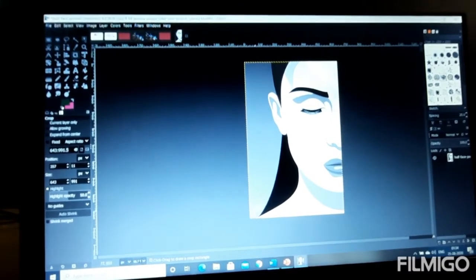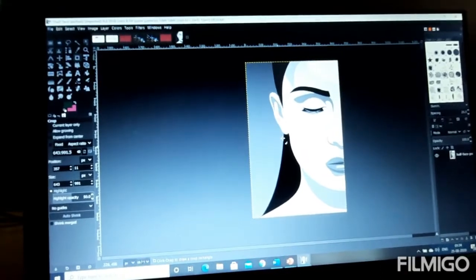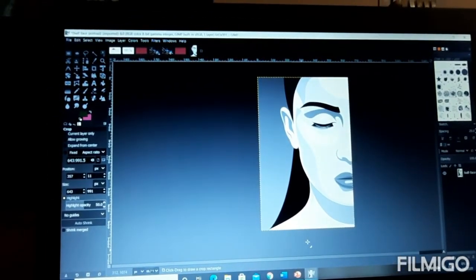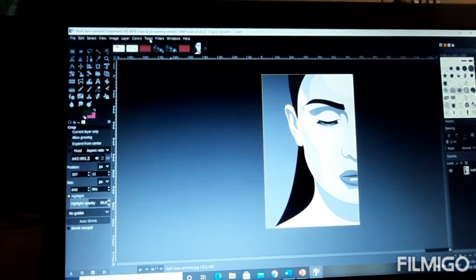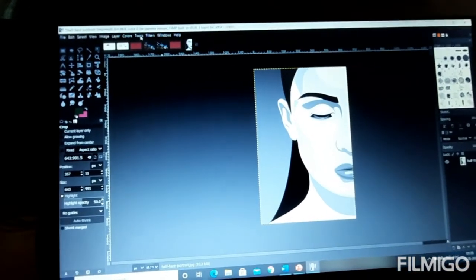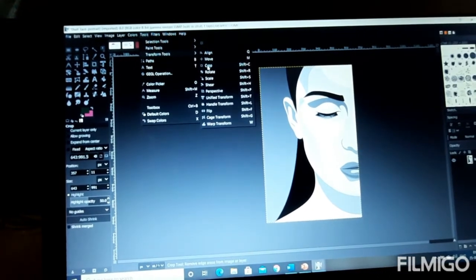Can you see the extra part of the image, the content that was written on the image, and this extra space has been removed? How have we done it? We simply went on tools, from there transform tools, from there we have selected what? We have selected the crop option.